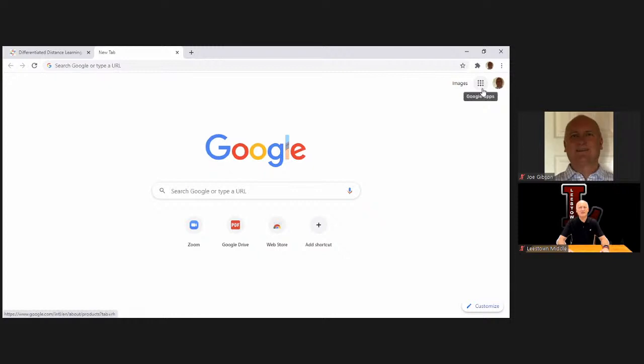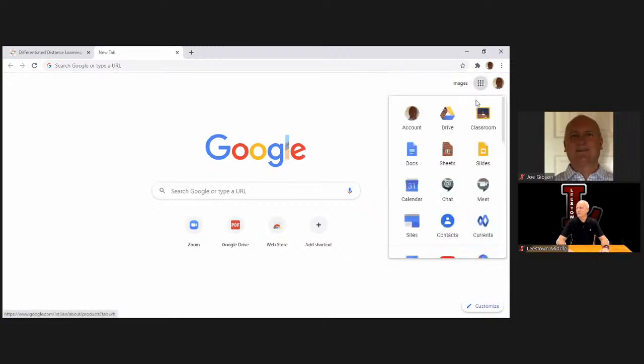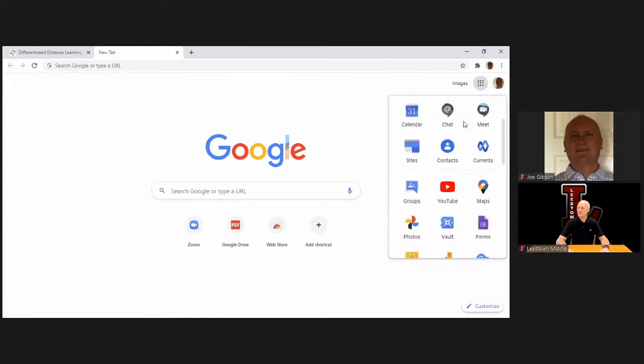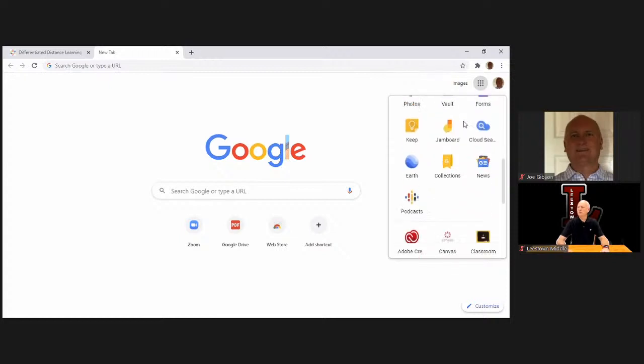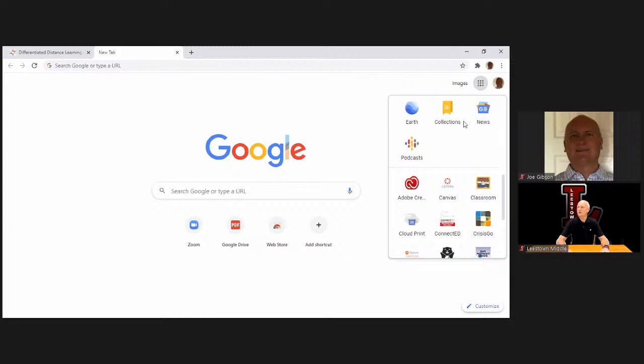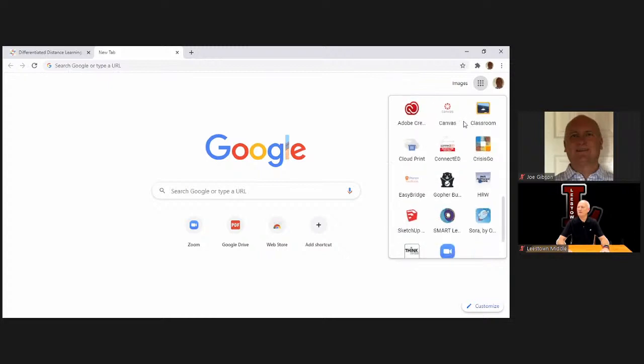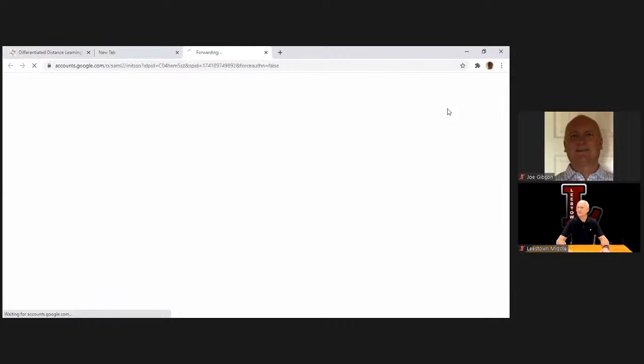And this thing up there, that's the waffle. All right. You click on that waffle, and you're going to have all kinds of extensions down here: Google Drive, Google Classroom. You're going to scroll on down. I may have a few more than you do, but remember, look very closely and get very familiar with that Canvas logo. That is the Canvas logo. It's like a big wheel. All right. So that's where you click on Canvas.